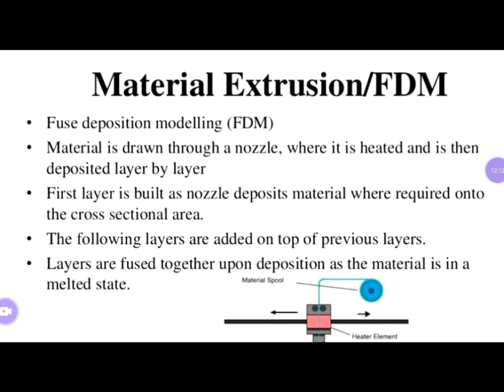The next process is the material extrusion process, or fused deposition modeling process. Here the model manufactured by this process will have higher mechanical properties than that of the binder jetting process. So in a binder jetting process we were using the powder material and gluing the powder material with the help of binder,